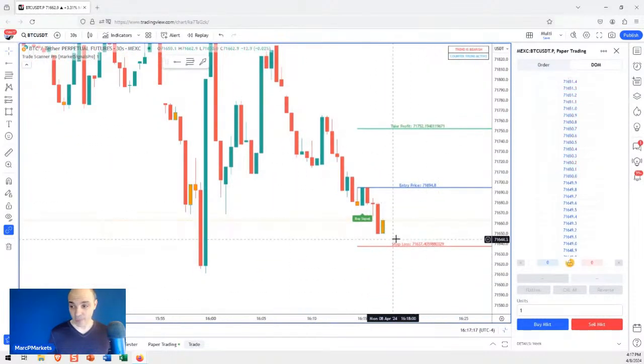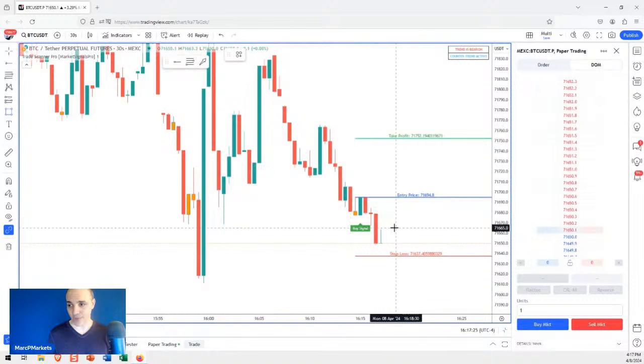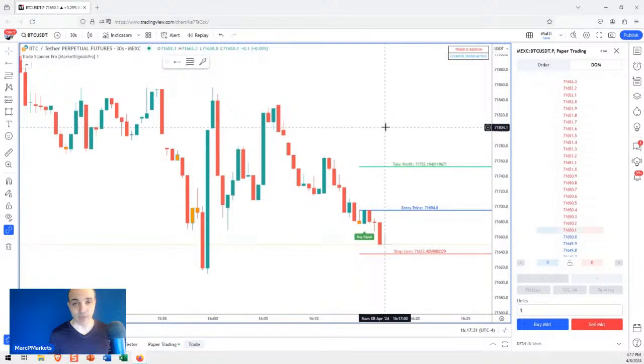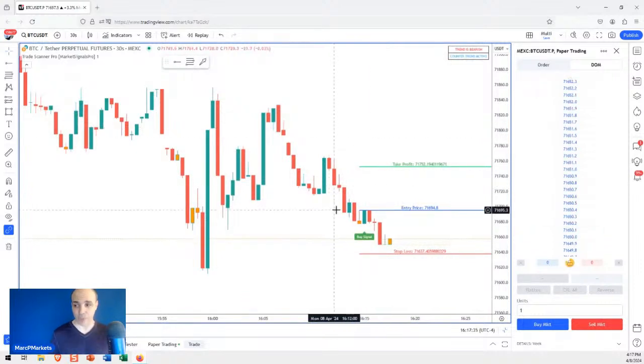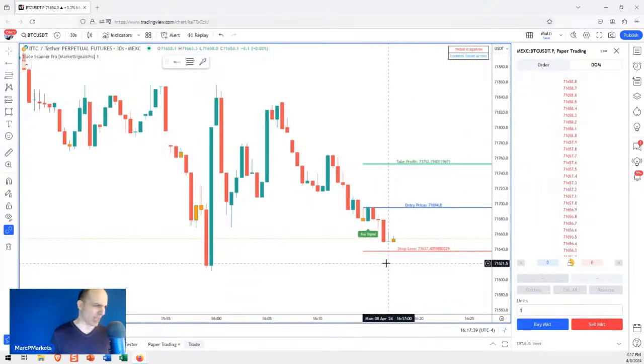Now, if we get the second warning, if this thing turns into another warning and it doesn't stop out, I'll try this again. Because again, I'm just doing this to show you. All right, just be clear on that. You're not going to use it like the way I'm showing you here. You're going to be using this on a 1 minute. You're going to be much more patient. You're not going to just jump into all these trades. I just like using this thing. It's fun. Let's see what happens here.